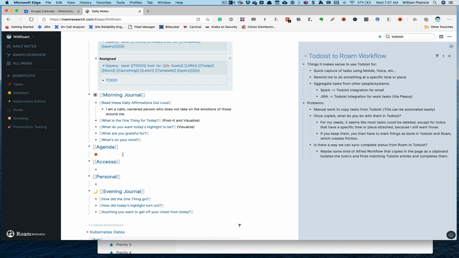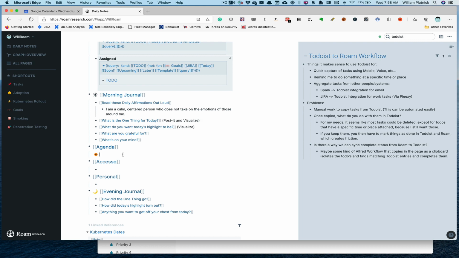So one of the things I wanted to do is come up with a workflow that better lets me take notes without friction. So I designed a Google Calendar program, a Python script, that talks to the Google Calendar APIs and spits everything back into Roam. And I'm using Python and